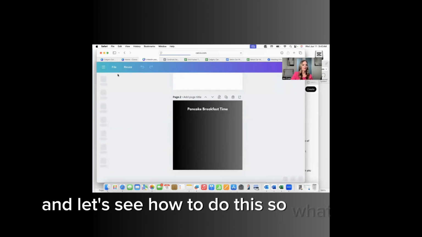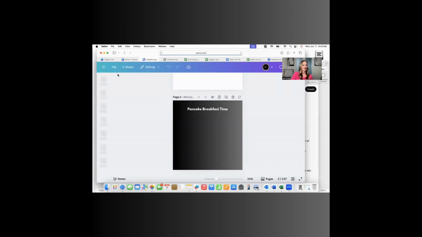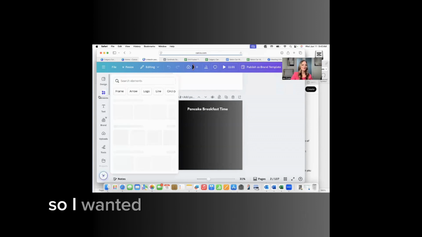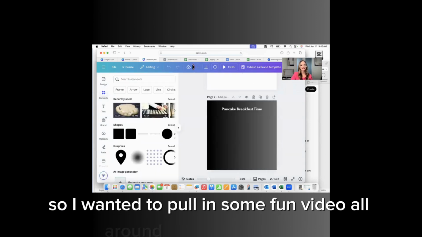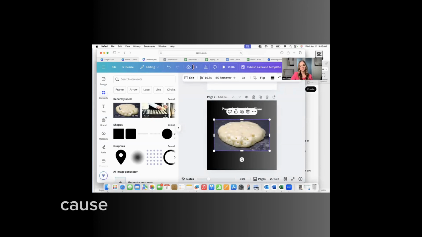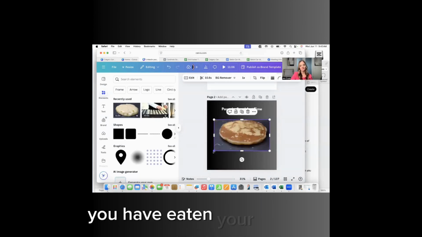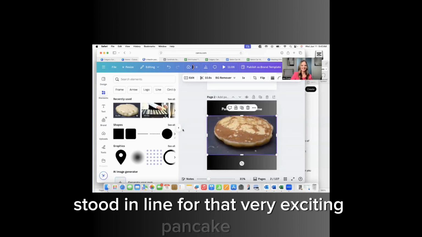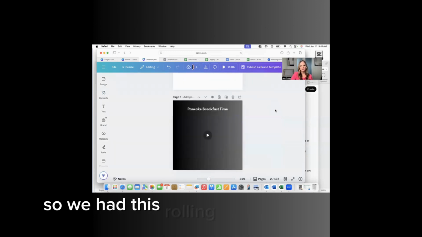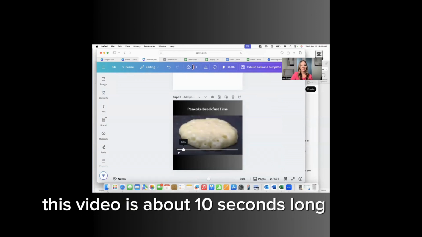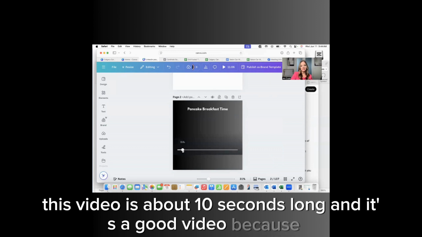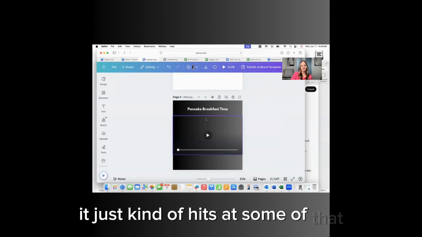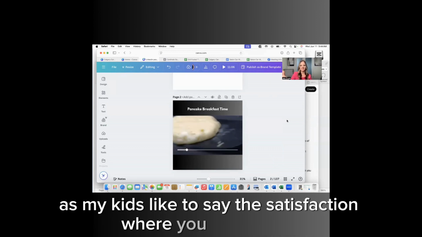So what I had done is I pulled in, I'm based in Calgary, so the Calgary Stampede's on its way. So I wanted to pull in some fun video all around pancake breakfast, because if you've been to Calgary during Stampede, you have eaten your fair share, stood in line for that very exciting pancake. So we had this rolling through, and I went and tested it, and you know what? This video is about 10 seconds long. And it's a good video because it just kind of hits at some of that, as my kids like to say, the satisfaction, where you see the flip,